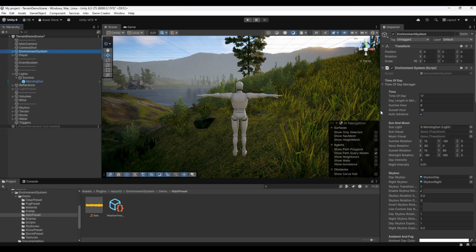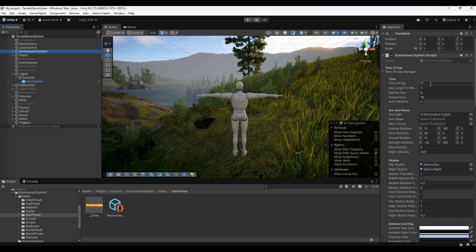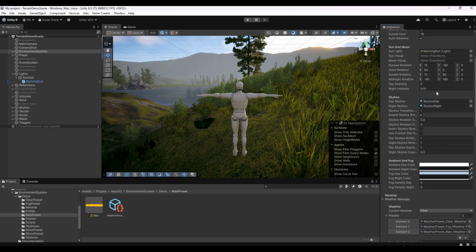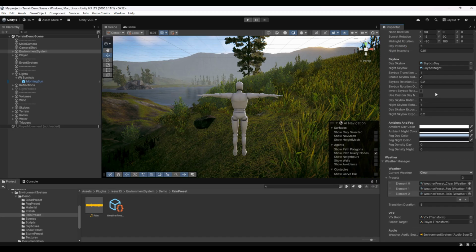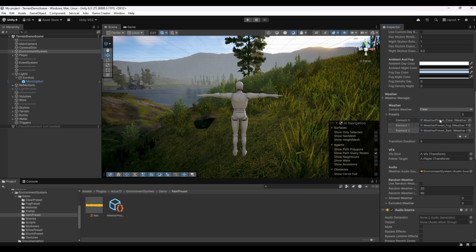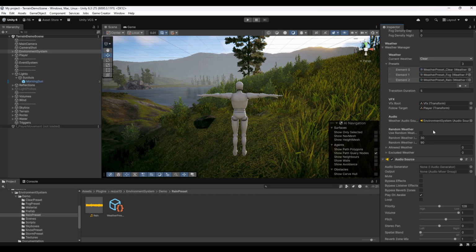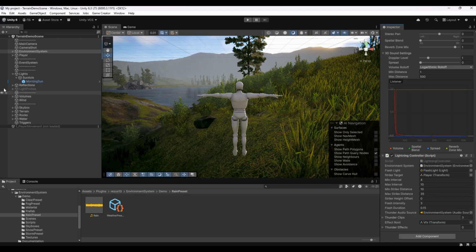Hello everyone, today I will show you how to use the environment system in your project and make some actions. So we have a Unity demo scene, we have our environment system in that scene, we have some configuration here, and we want to make some rain, for example. We have 3 weather presets: clear, fog and rain. We have all of the configuration, and